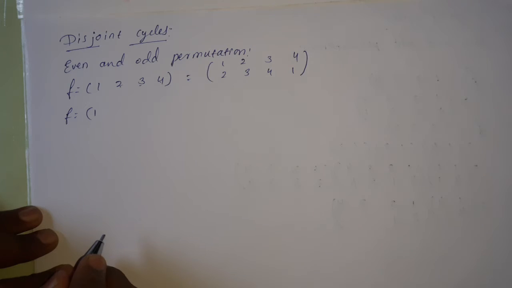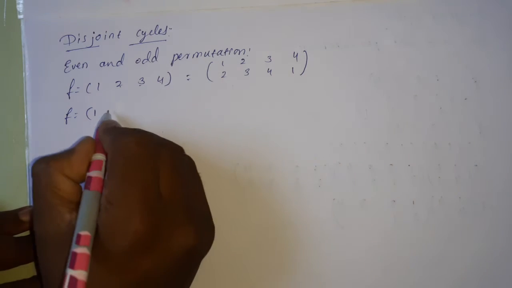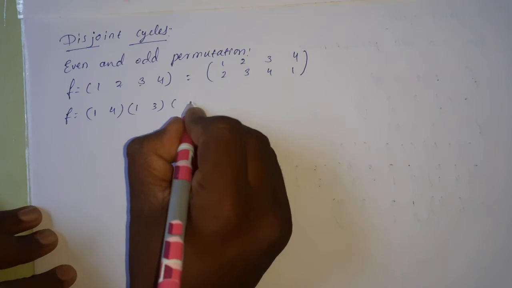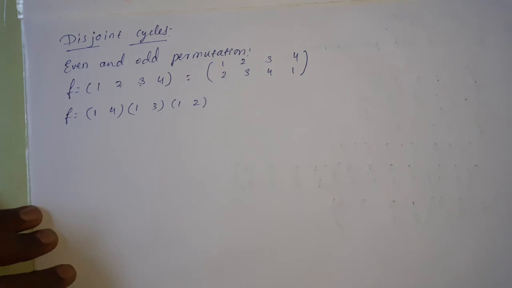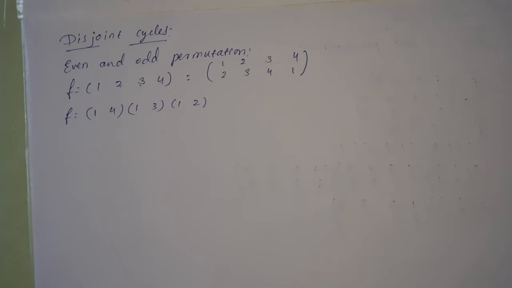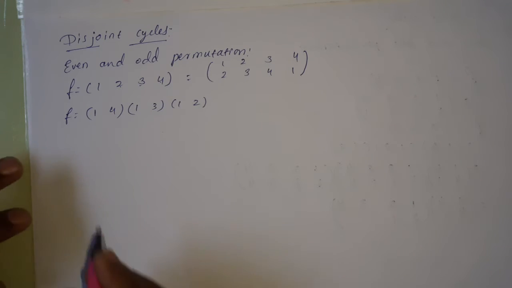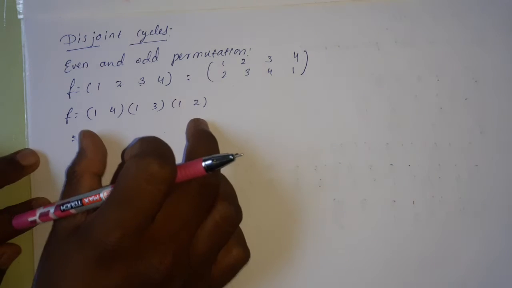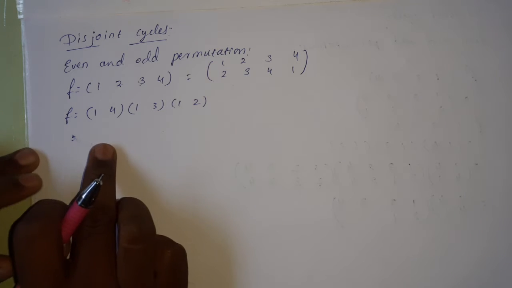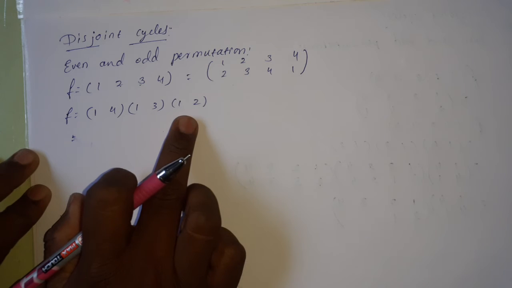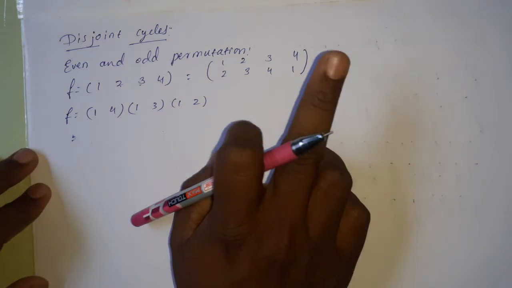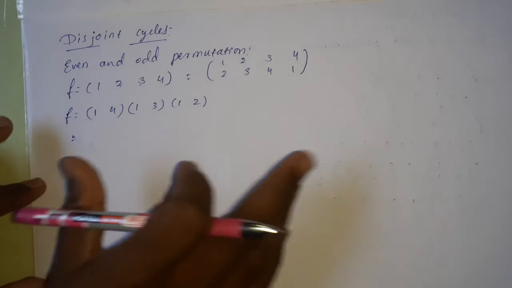Let us consider the first element as the fixed one, next the last element: (1 4), (1 3), (1 2). So this is the way to write the transpositions from the given cycle. Then let us multiply and verify whether this is true or not, because we are writing the given cycle as the product of 3 transpositions. After multiplication, whether we are getting the original cycle or not, let us verify that one.